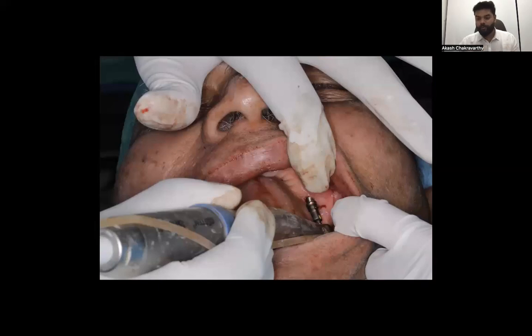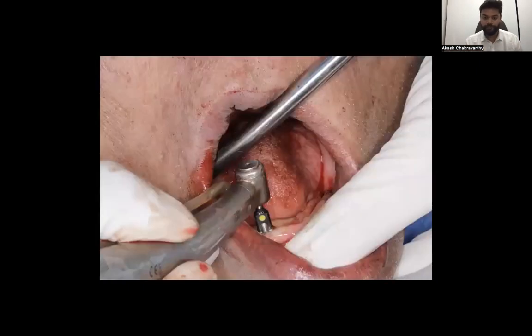Now, after I do it, as I said, I use a bone mill to remove the bone around the implants. It's the same thing I'm doing over here. Since it is a flapless case, we don't know what is inside. So it is always better to use a bone mill to remove the small amount of bone around the implant, so that you can place your multi-unit abutment. The use of the bone mill in the lower, as you can see here.